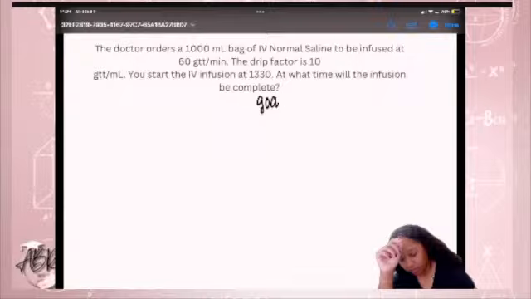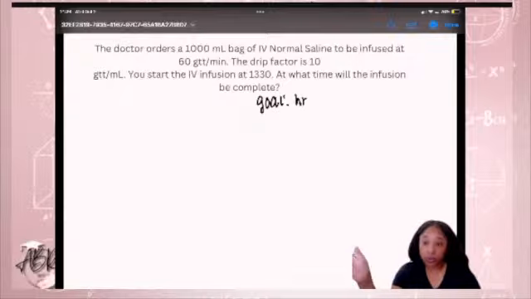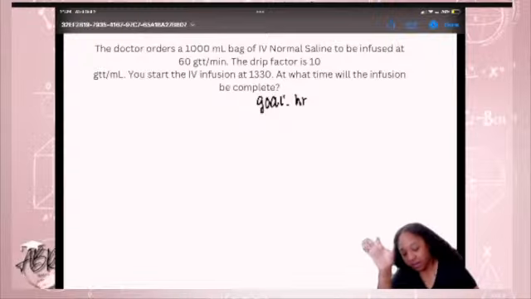Okay, so once again, what are the puzzle pieces that we're looking for? We've got a 1,000 milliliter bag. Yes, right there, it's by itself. It's to go at